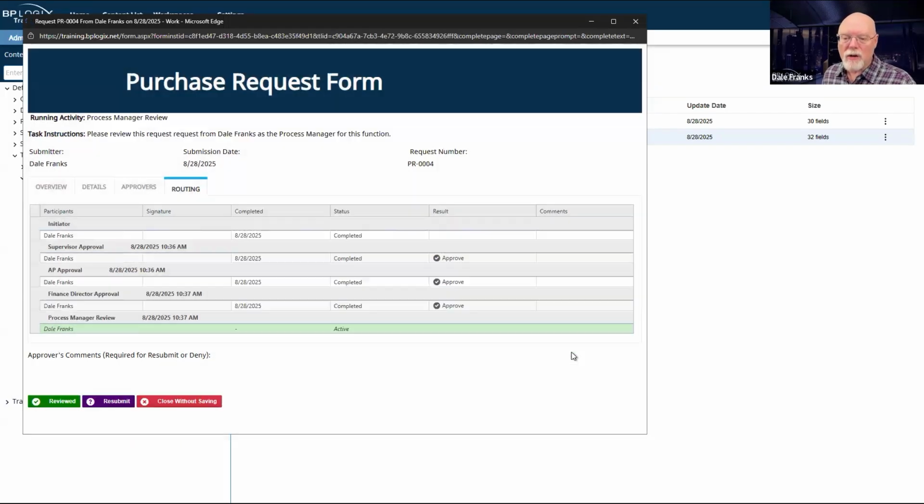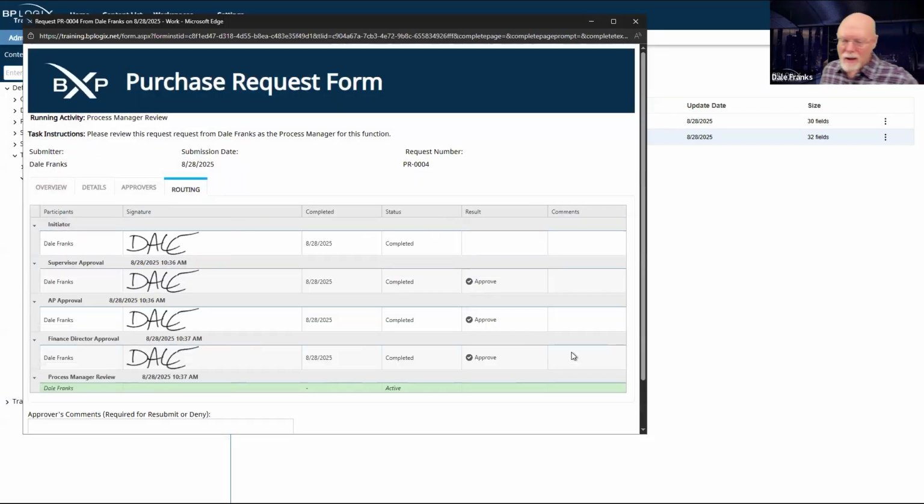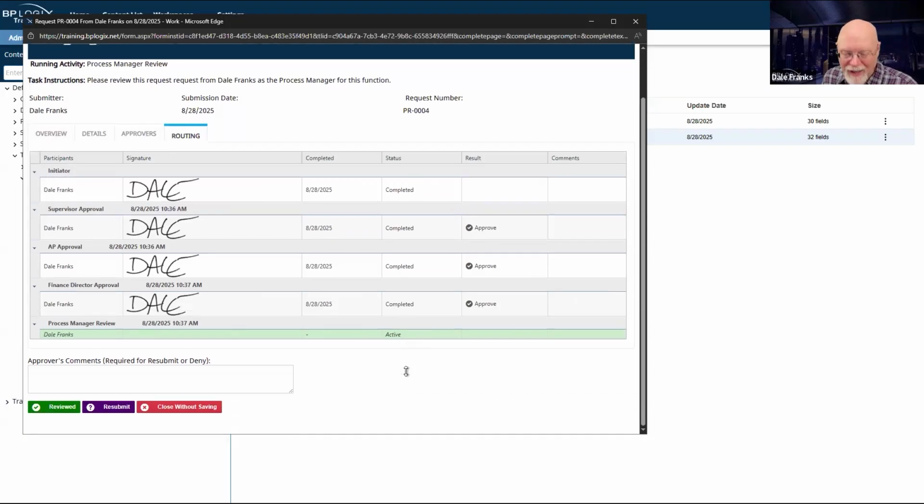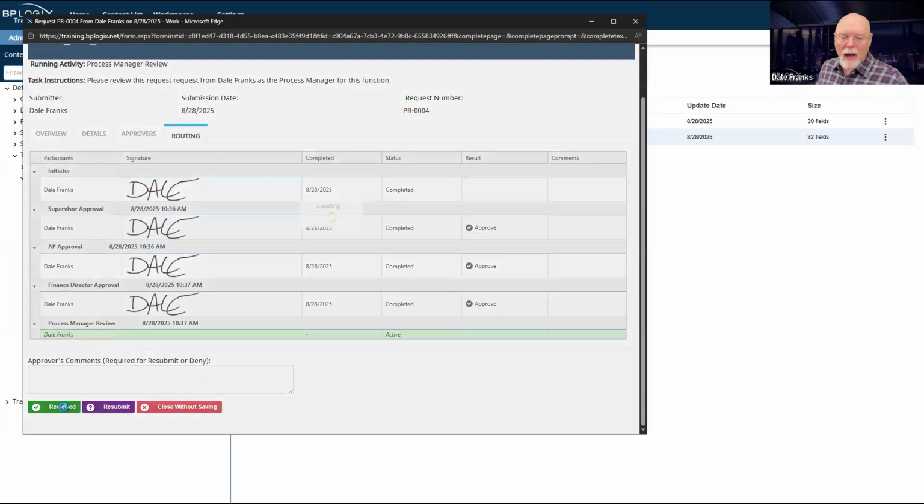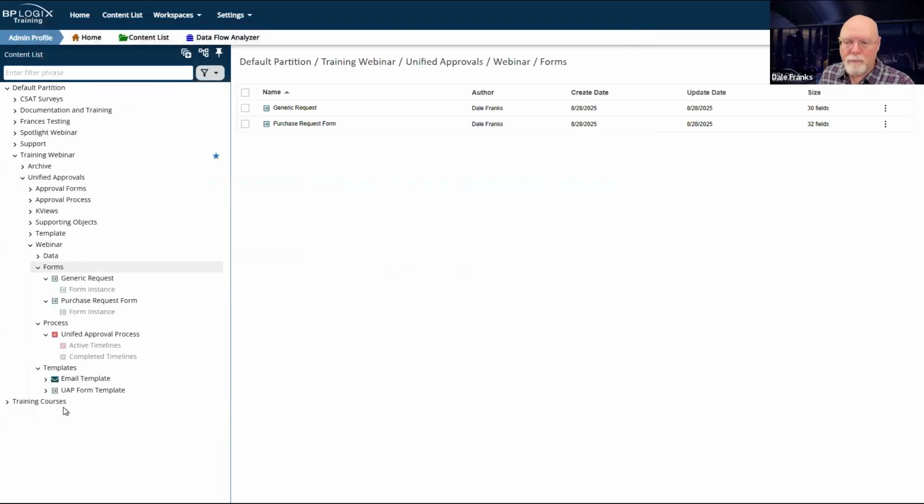And this should take me past the ad hoc reviewers because I didn't set one. It takes me to process manager review, which we again need to test. It's working fine. I will say reviewed, and that worked great. Happy.